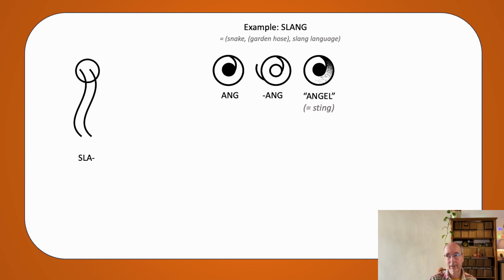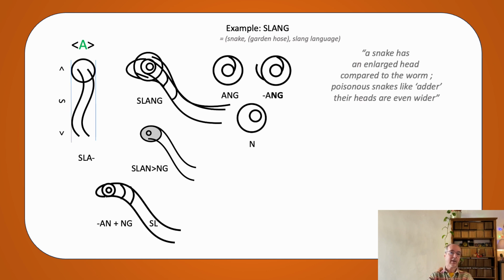Angel and angle also have relationships, but that's for some other time to explain. I already told you that A cannot be much larger than the wave form, so that's what we already know. But because of the ang, it will be larger. So it is not slang, but slang. The head should also be a little bit enlarged, because that focus is important. It's the smaller part in the large, almost like the eye into the head, into the larger structure